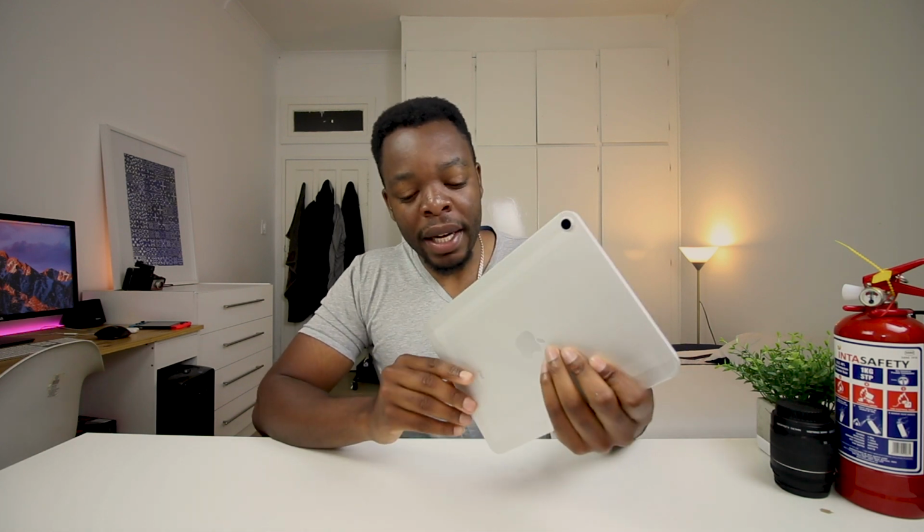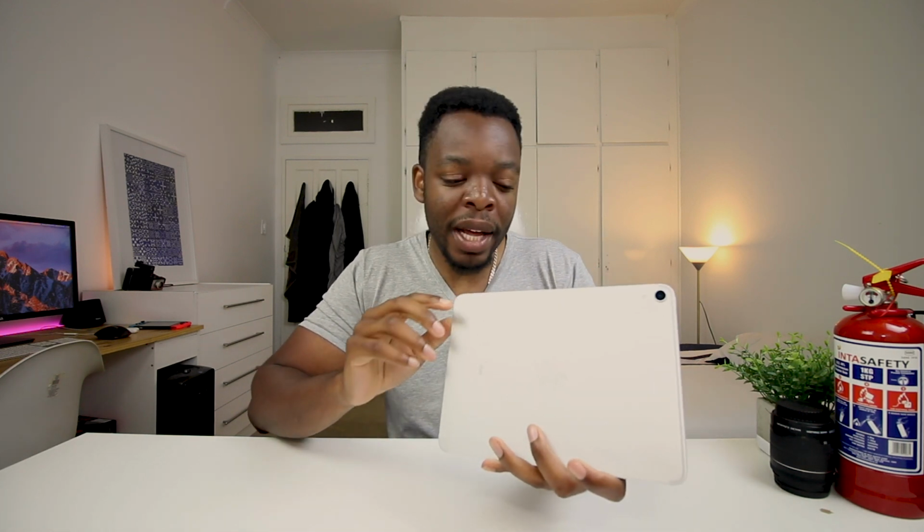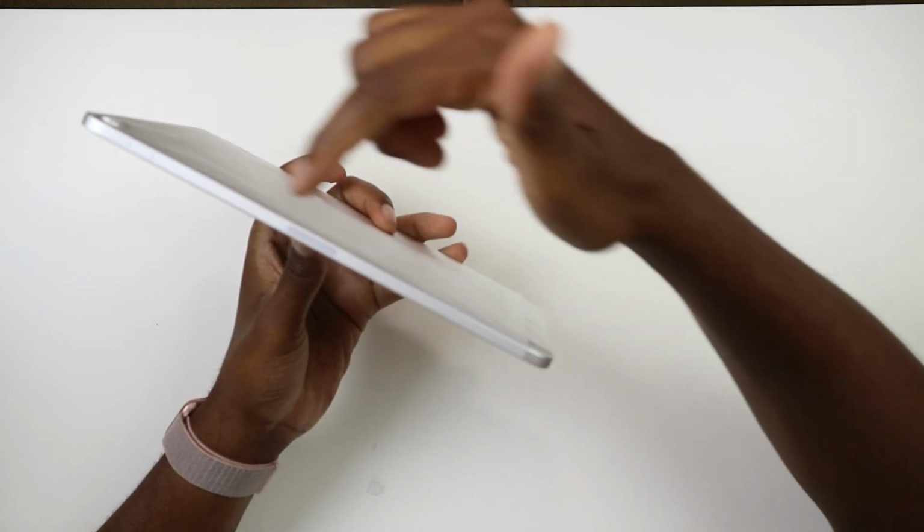Now, if you buy the Wi-Fi and cellular version of this guy, just like the iPhone 10R, the nano SIM tray has moved from the top to the bottom. This is one thing I missed on the iPhone 10R video, and if you missed that video, also links down